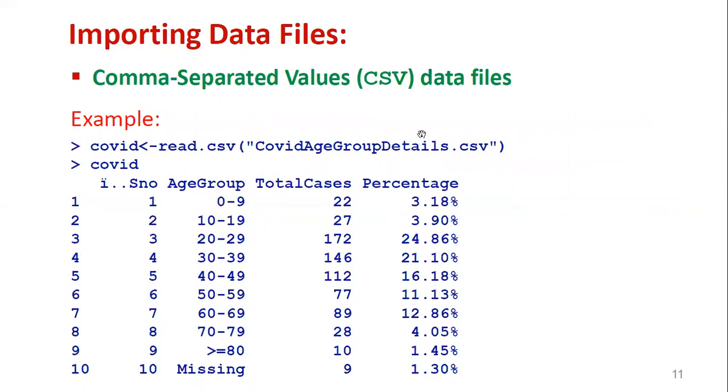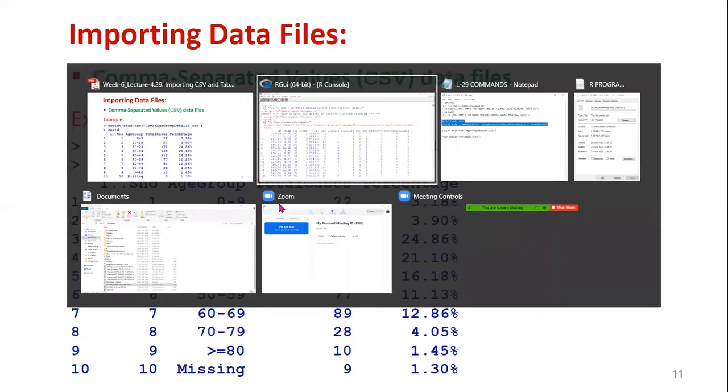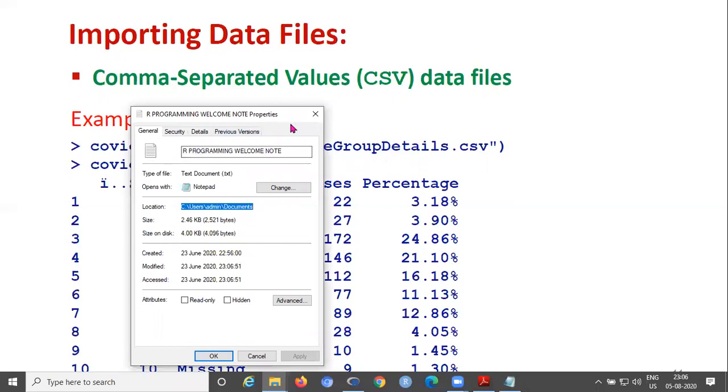So here I have downloaded the latest COVID data from one of the internet sources. So that is age group details. So that can be stored in one location. Now I will minimize and show where that file is located.